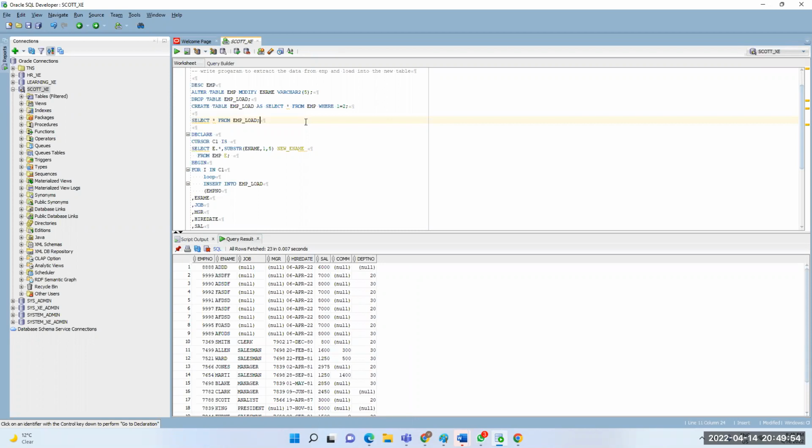Yes. See, the scenario is this: we are getting data from this table, and the cursor will act as a variable. What will happen when you want to process more than one record? If you want to update one particular row, you will directly go for a normal update or insert statement. But when you want to load a bulk amount of data, either insert, update or delete, whatever it may be, that is different.